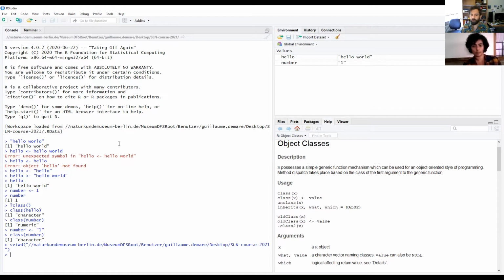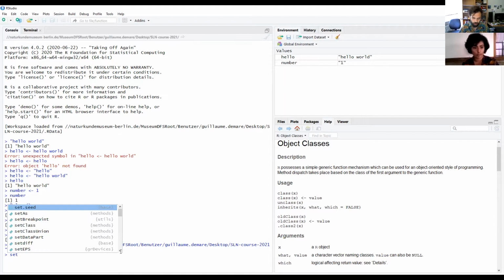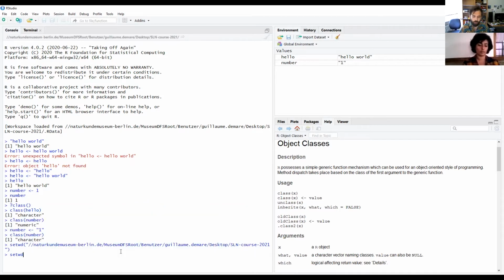You are free to choose whichever working directory you want with this. You can do this manually. I use the tab, of course, to do this. I could also set the working directory manually with the setwd function, brackets, and here I would put the working directory